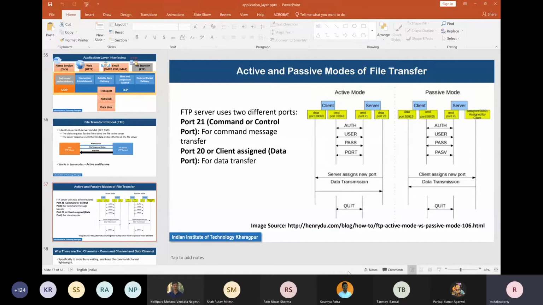What you said just now was what used to happen in HTTP. Every command was a new connection. That does not happen here. Here there is a session. Once you authenticate and log in, that session remains active. You can do multiple commands, get multiple files, put multiple files, etc. Okay. Using the same data channel and the same command channel that has been set up, you can do multiple things.